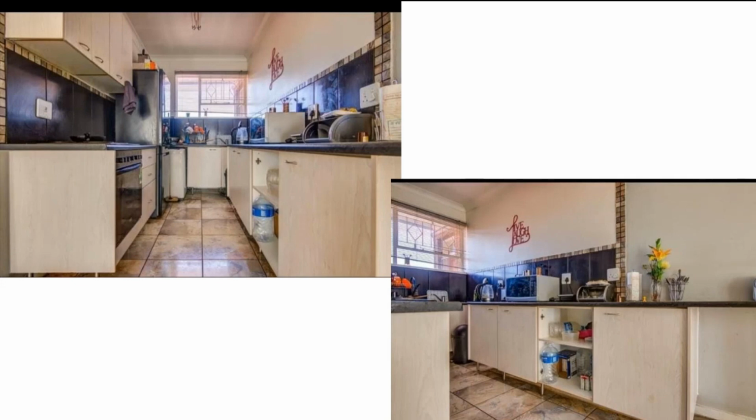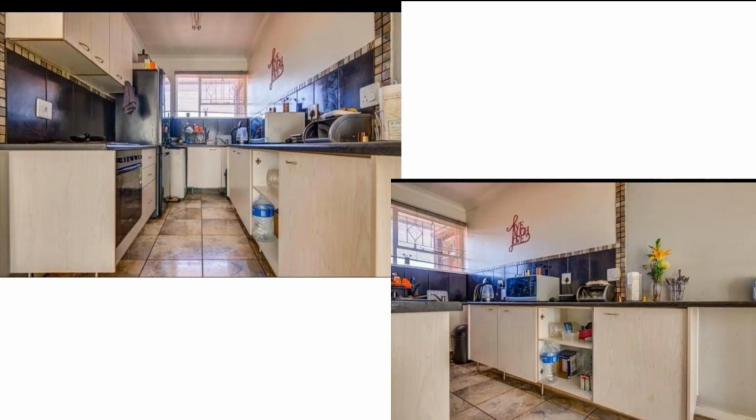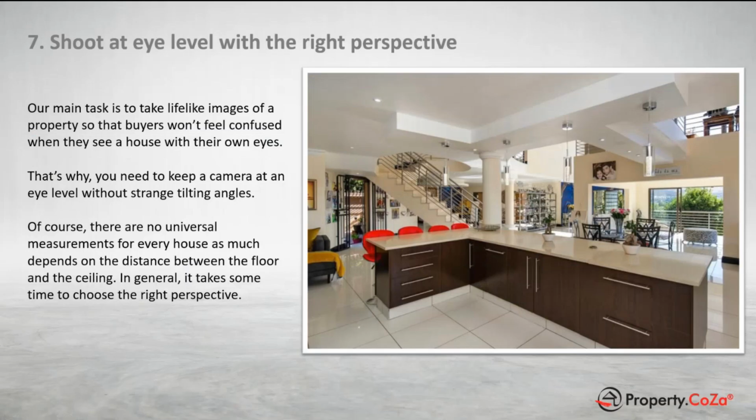Firstly, if you look at the photo here on the right at the corner, I would have removed all of these bottles and milk boxes before I took the photo. And then I would stand up straight and angle my camera to be at eye level. Yes, I understand you want to create that bit of depth as well, but if you go too low, it also looks strange because this would rather be the perspective of a child than an adult, if you look at the top left hand side. Just going back to this photo here, you can see this is more of an